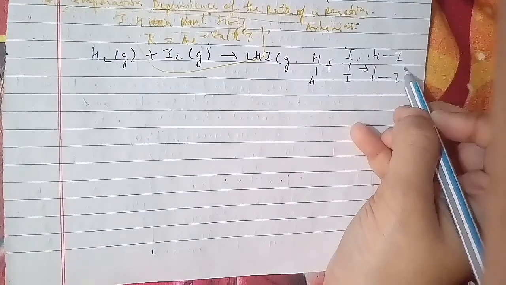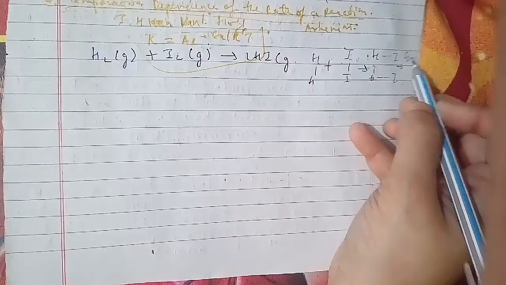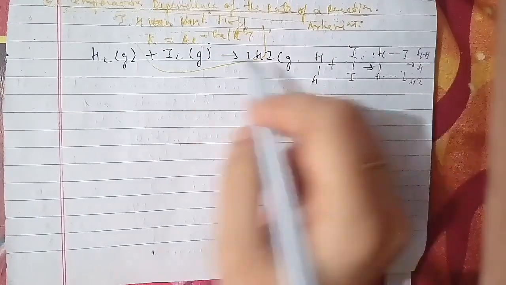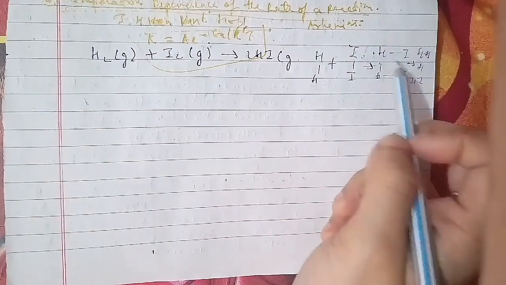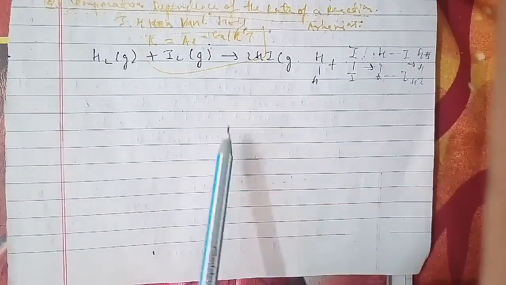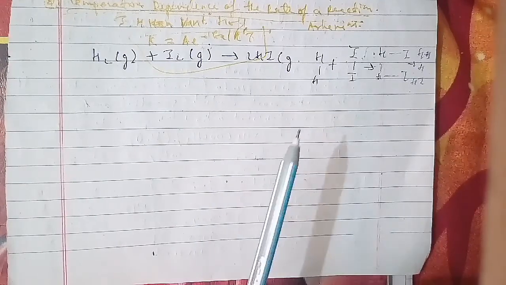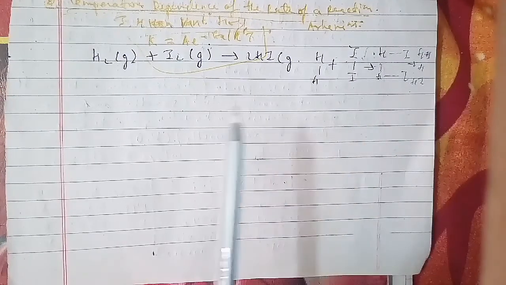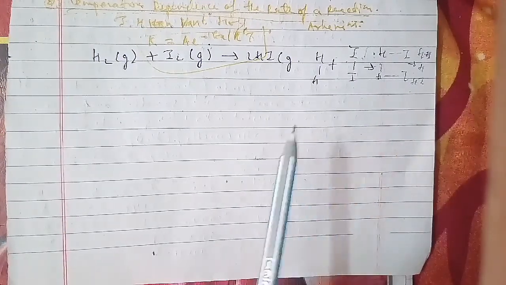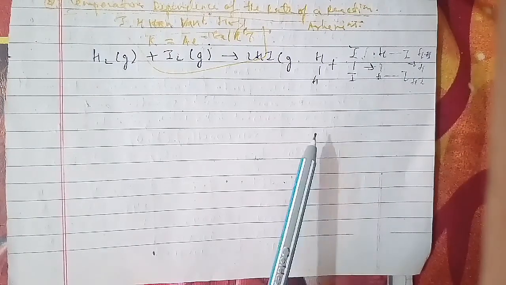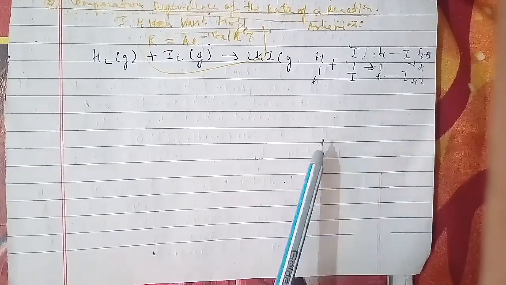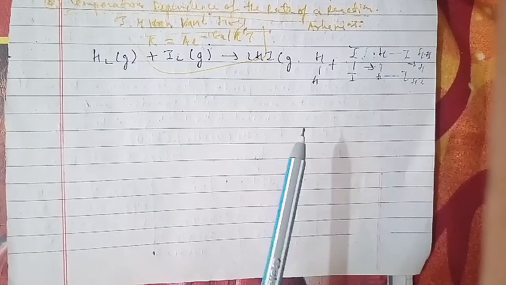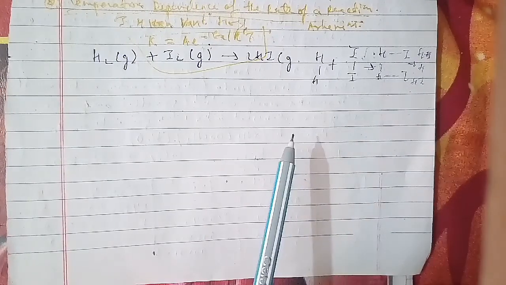As you can see, it exists for a short time and then breaks up into two molecules of hydrogen iodide. The energy required to form the intermediate, called the activated complex, denoted by C, is known as the activation energy. In the same case, we will plot potential energy versus the reaction coordinate, and the reaction coordinate represents the profile of the energy as the reactant changes into the product. So for that we'll draw it.